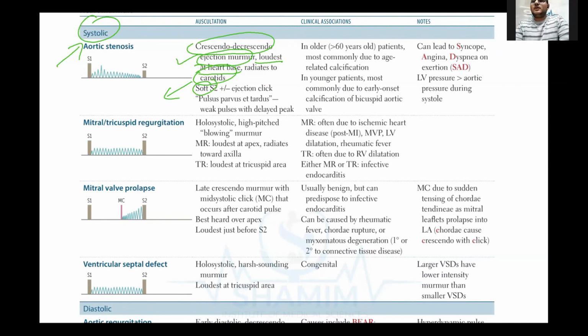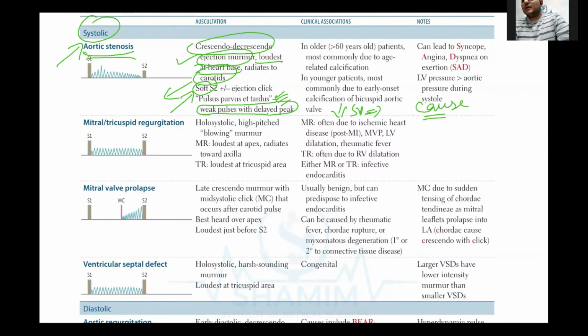एंड सॉफ्ट S2 हमने अभी डिस्कस किया है एक टेबल बना के, स्प्लिटिंग ऑफ S2 में मैंने आपको बताया सॉफ्ट S2 अगर इन एआर्टिक स्टेनोसिस, ओके। एंड नेक्स्ट इंपॉर्टेंट पॉइंट टू रिमेंबर इज वीक पल्स विद डिलेड पीक, बिकॉज देयर विल बी नो ब्लड सप्लाई टू द एओर्टा। क्यों? क्योंकि इसमें स्टिनोस्ड है एओर्टा, जब स्टिनोसिस होगी स्ट्रोक वॉल्यूम कम होगा, डिक्रीज स्ट्रोक वॉल्यूम से क्या होगा, आपकी जो पेरिफेरल पल्सेस हैं वो वीक आएंगी, ओके।